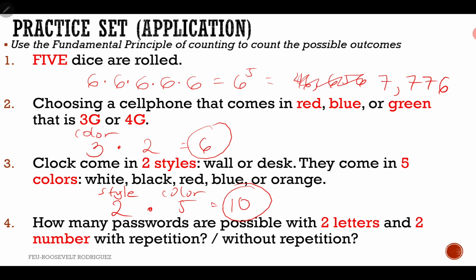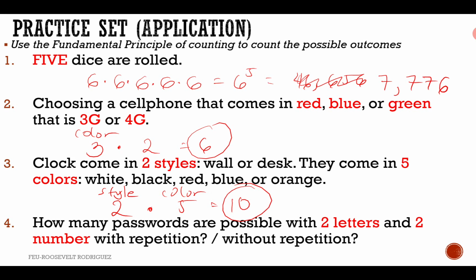Okay, we have 10. So, it's either wall clock siya, tas kulay black. So, possible din maging desk. And then, color red. Okay, so we have this set of possible outcomes. Next, for item number 4, how many passwords are possible with 2 letters and 2 numbers, okay, with repetition and